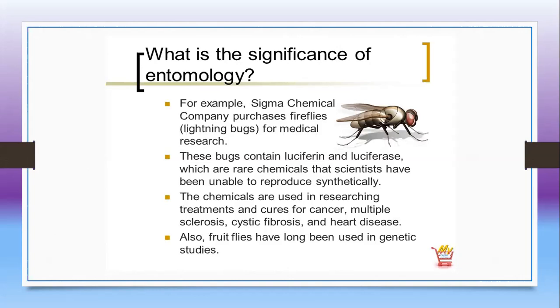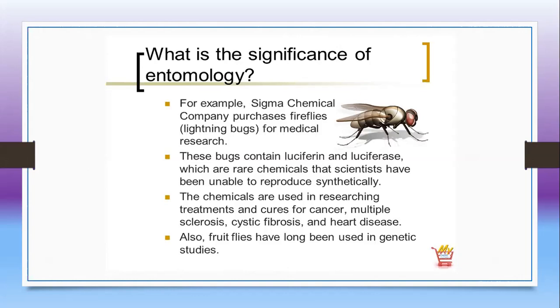So that is an example which I have shown you here, in the form of fireflies. So why fireflies? They are carrying out research on fireflies because fireflies have certain kinds of chemicals, which are very rarely available in nature, in the form of luciferin and luciferase, so that by studying and analyzing them through various kinds of research studies on these chemicals,